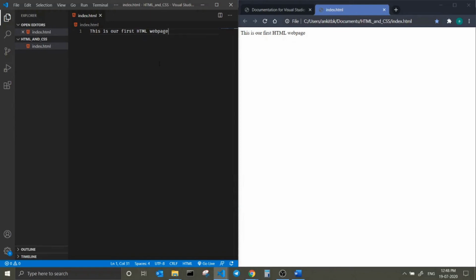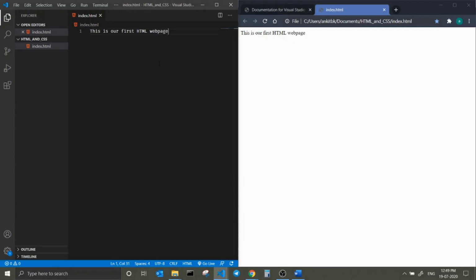Whatever we write here, as we know HTML is a markup document, whatever markup we write just gives a command to the web page on how to show that particular string. So this is the concept behind HTML. It just gives a command to the browser on how to present that particular string.